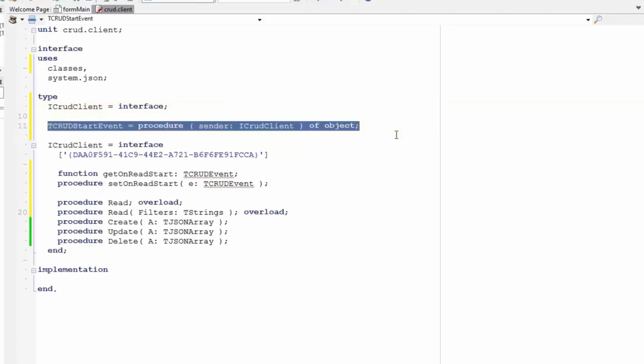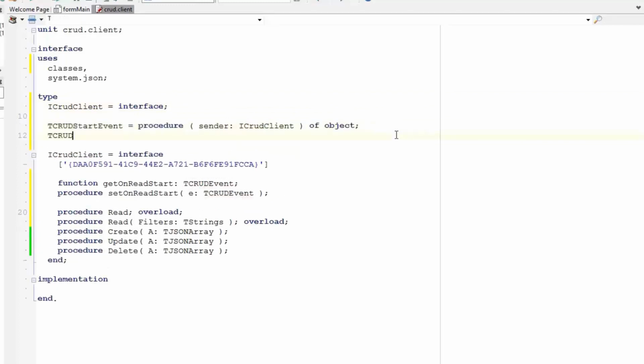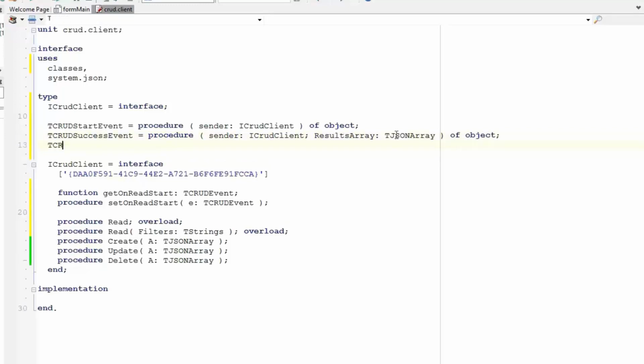Okay, so then we're going to have a CRUD success event, procedure sender iCRUD client, and results array tjson array of object. And finally, as you might have guessed, we'll have a CRUD fail event, procedure sender iCRUD client, and we'll have